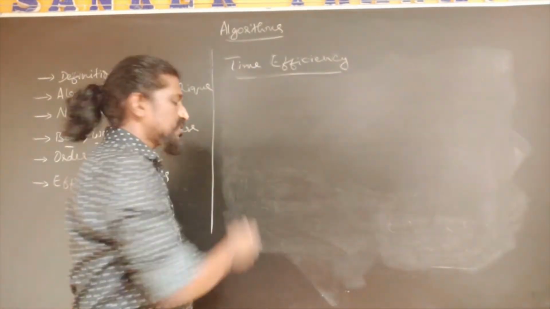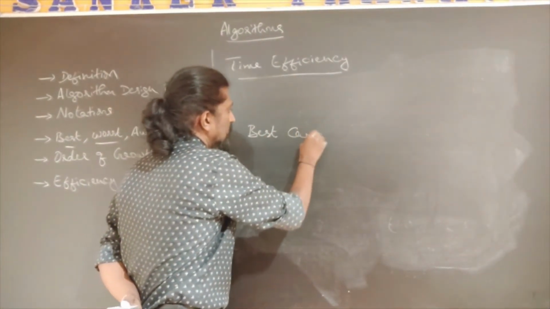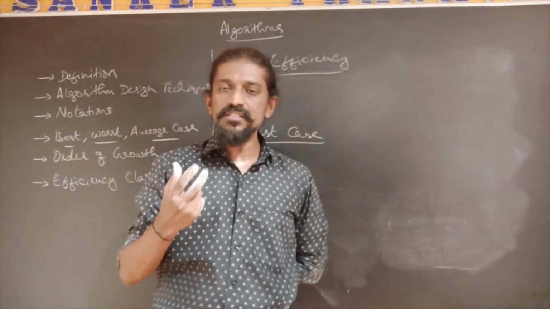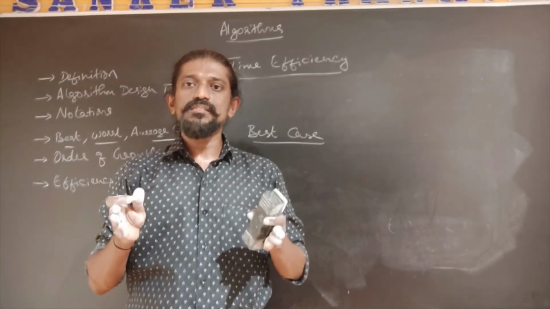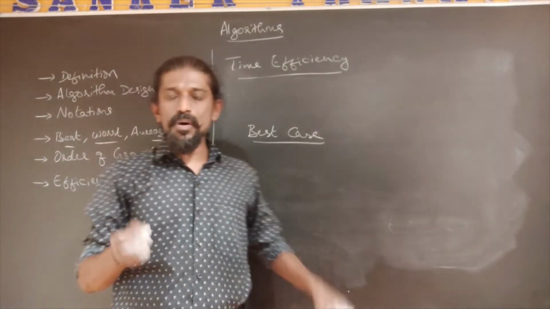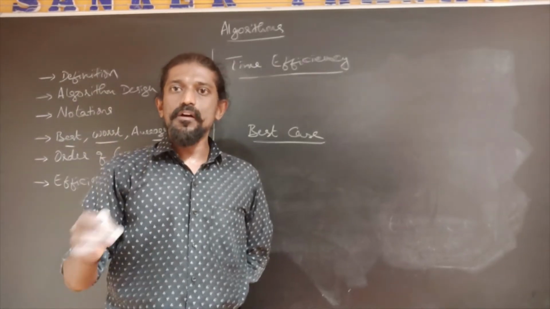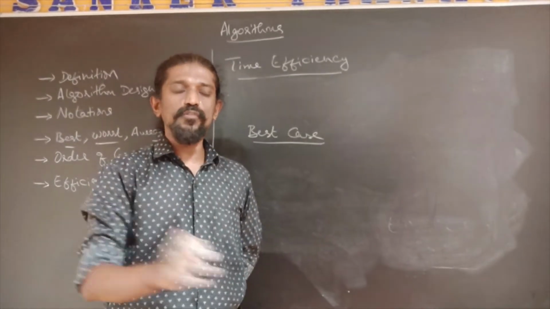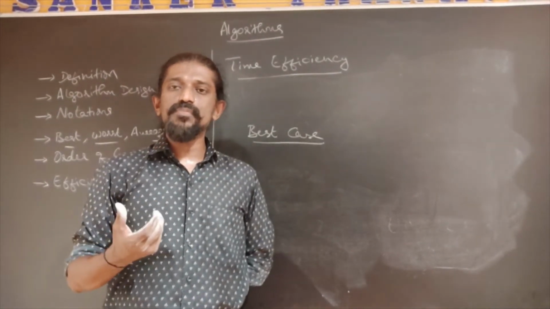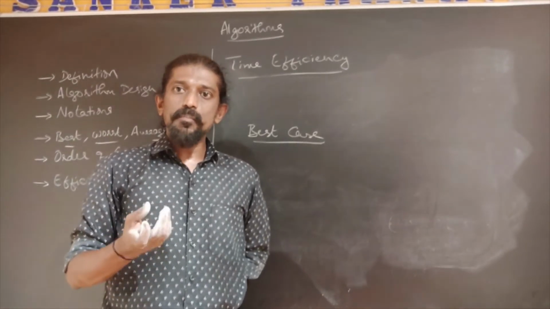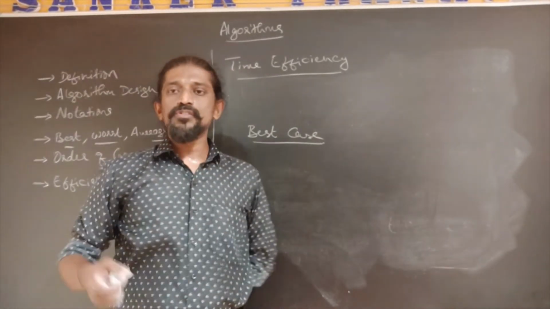So what is best case, worst case and average case? Best case is what is the fastest time the algorithm will take to give output for a given problem of size n. That is the minimum amount of time required by the algorithm to give output for that particular problem of size n, faster than which the algorithm cannot produce output. That is what the best case tells. We generally say the best case is the fastest time that the algorithm will take to give the output. It is correct, but if the answer has to be complete, faster than which the algorithm cannot give output in the best case. So what does it mean?